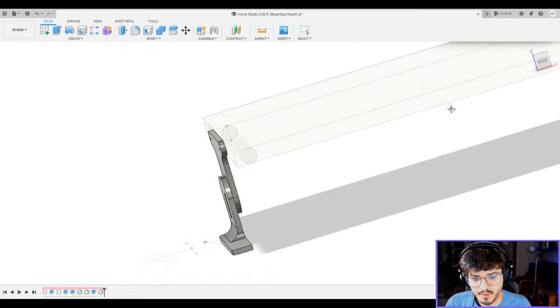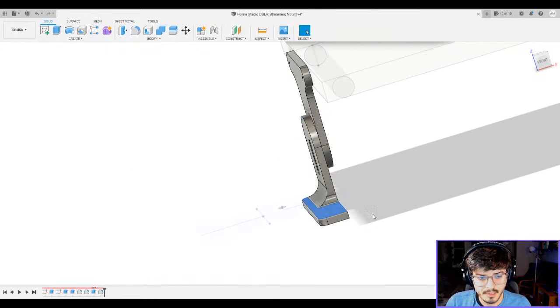Now I just got to put in this hole right here for the camera mount. And that's going to be how far away from the front, or rather how far away from the back. I said I'll make it 1 inch, so it'll be 1 inch away.